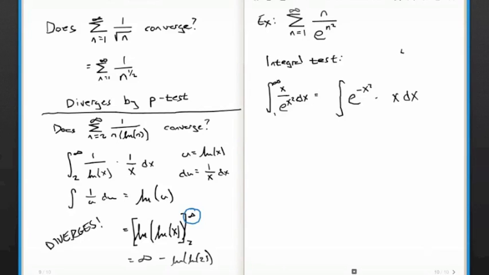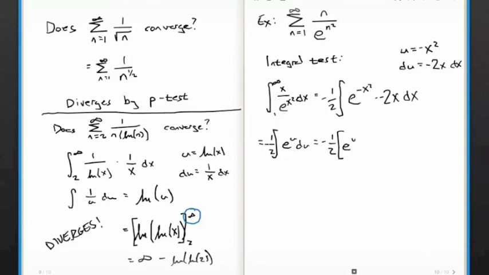I'm going to go through this quickly, and if you're still struggling, take some time to do this. So du then equals negative 2x dx. But the problem is I don't have a negative 2x. So what do I do? I take my technique, I just put a negative 2 in there. But if I do that, I've got to put a negative 1/2 out here. So this thing becomes my integral negative 1/2 of e to the u du,